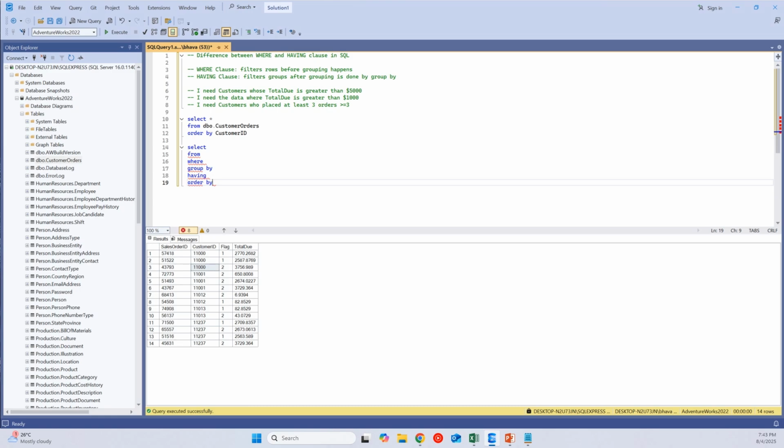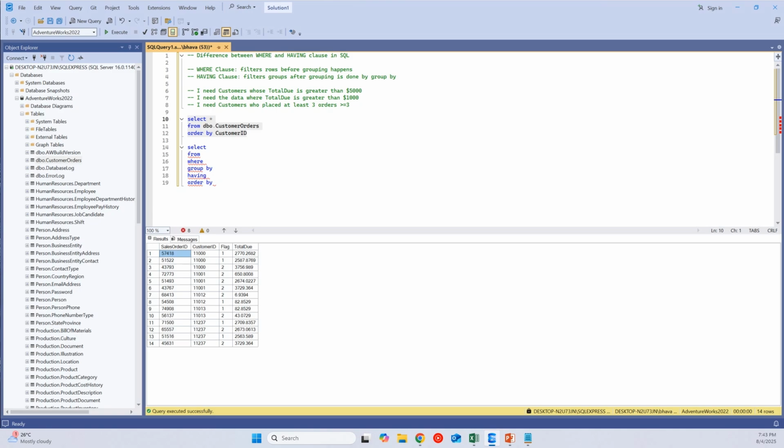This is the standard structure. If we look closely at it, the WHERE clause always comes before grouping happens, right? So that's what we wrote here: it filters all rows before grouping happens. Let's say this particular table is a raw table. If I execute this query, and you want to apply any kind of filter on this table,